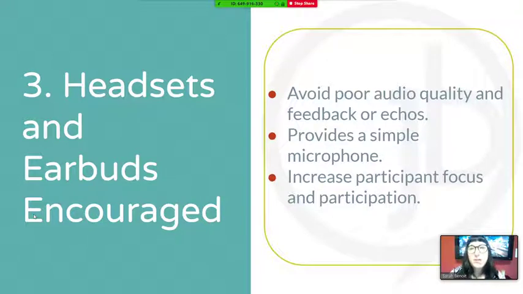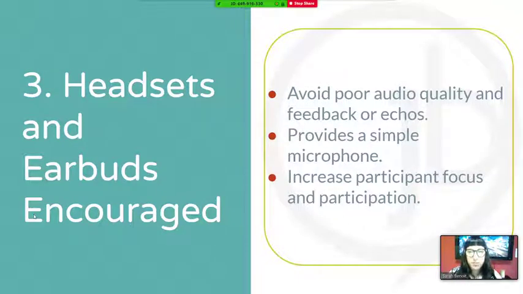Another thing, again in the spirit of letting people know the expectations, is to let them know that they really need to have a headset or earbuds. Right now, a lot of people are working from home, and that means there are a lot of unpredictable things going on in the background of your work. And in general, even when you're in an office or in an environment like I'm in now, which is a private room that's pretty quiet,